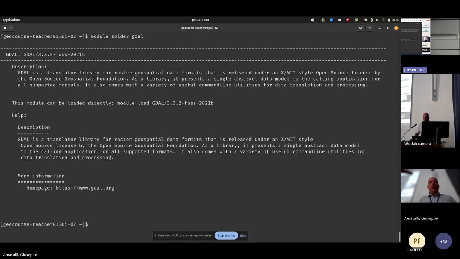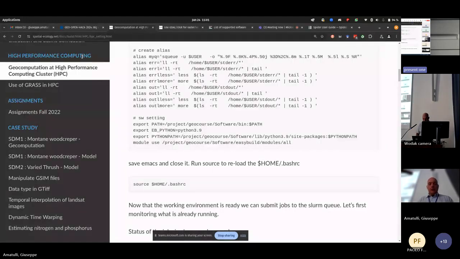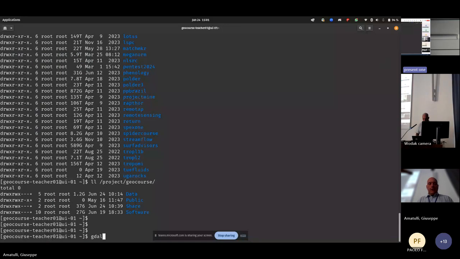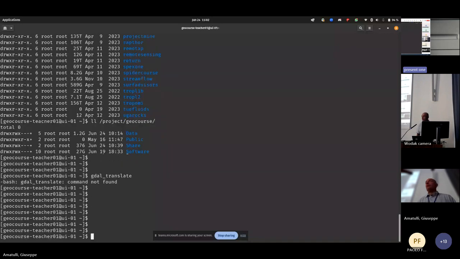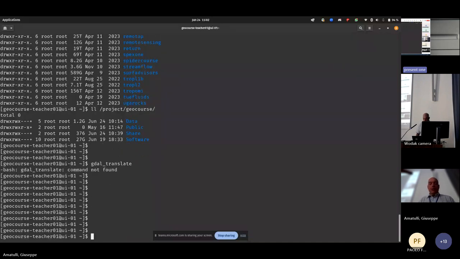And this is the name of the module that is loaded every time that you call module load, and the name of the module is going to, let's say, open the door of GDAL. So if you do it like this now, GDAL is not going to appear. GDAL translate. Okay, so as you can see, it tells module not found, but if I do module load GDAL,